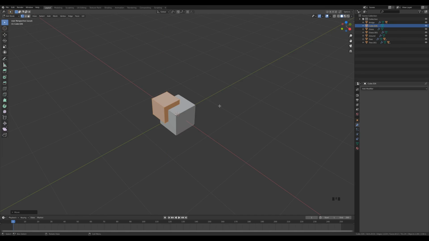Okay, and now let's create one more duplicate. So Shift D and again Shift Z and move it to the other side, and we can move it down. So press G then Z and move it down, and maybe place it a little bit better. So G, Shift Z and move it like this. So this will be kind of a simple geometric rock,